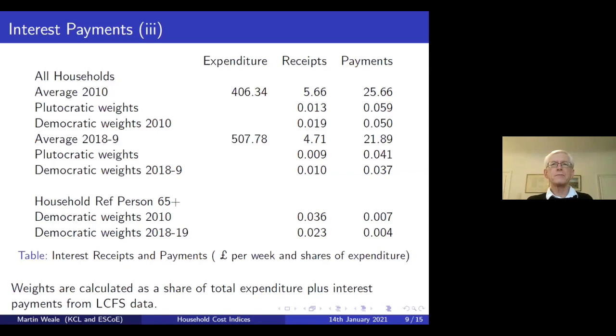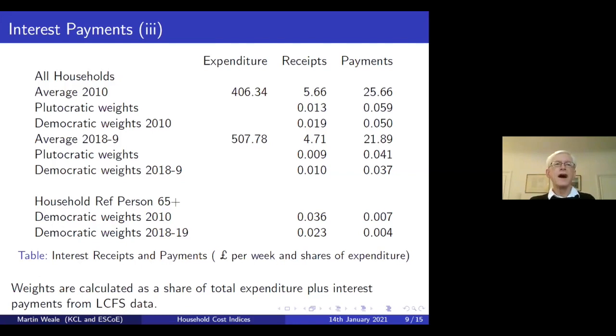Now, you might say with the payment figure, that doesn't reflect the experience of people who've just bought houses, but as I said, it's an aggregate across people who've just bought houses and people who bought their houses for much lower prices in the 1980s and may well have paid off their mortgages completely. So we can work out plutocratic weights in the next row of the table, and then I worked out democratic weights, the averages of the expenditure shares in 2010. And I did the same thing for 2018 to